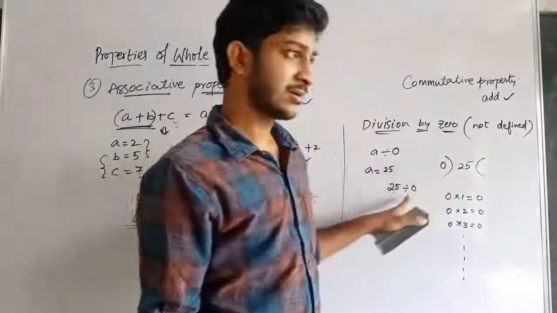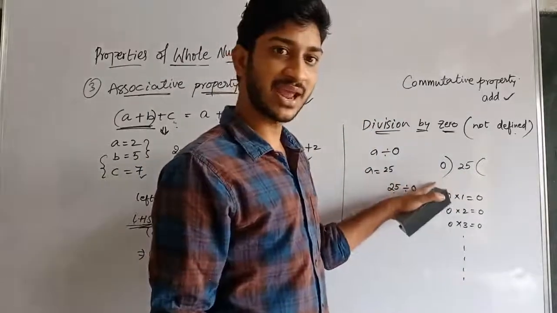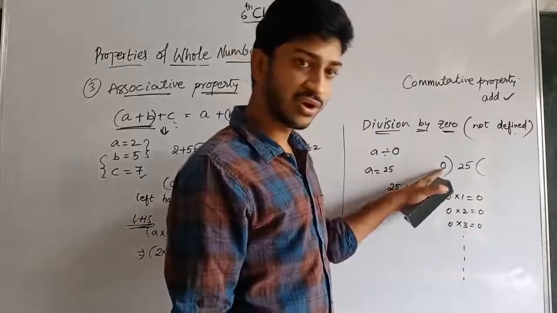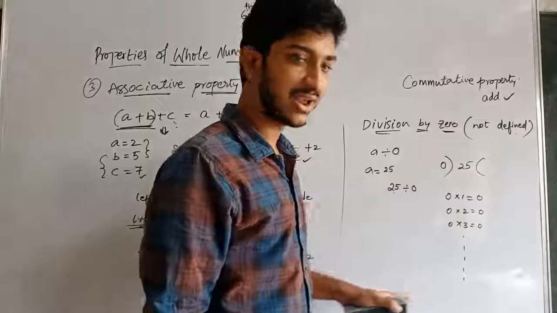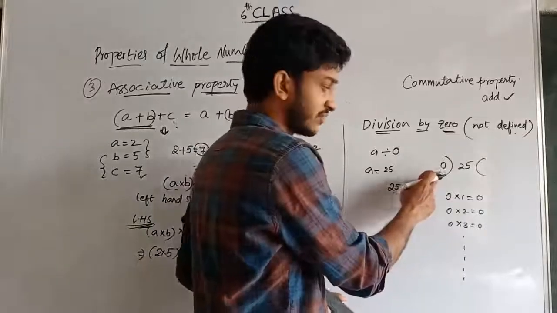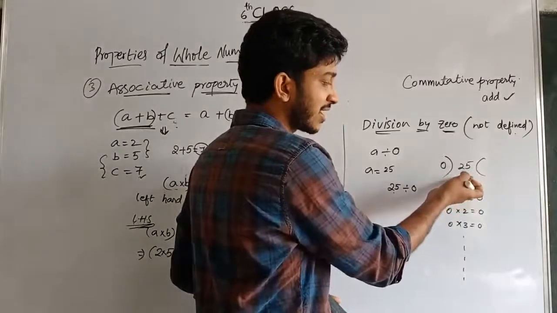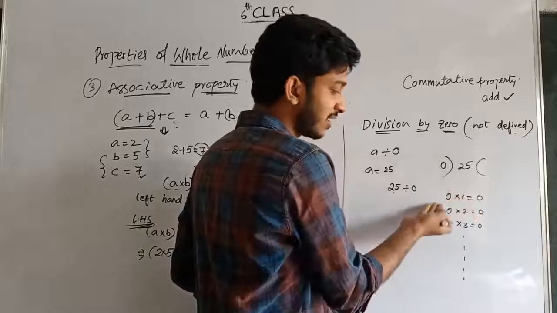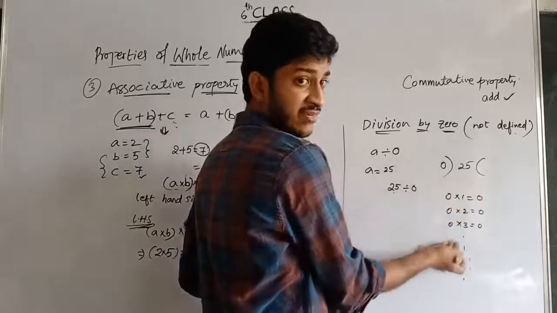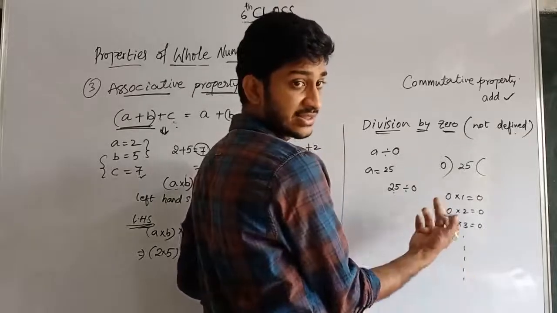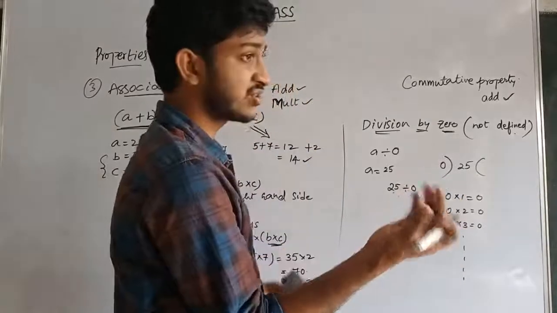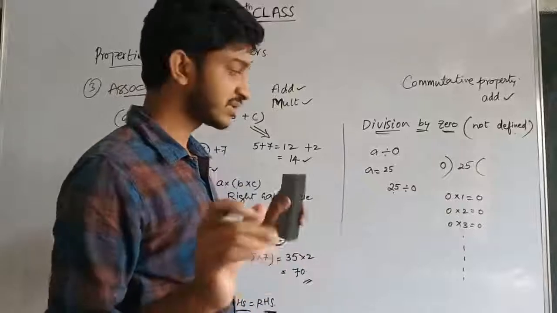See here, I am explaining an example. I am taking 0 on the left side here, means 0 is the divisor and 25 is the dividend. If you divide here, we can't take the next step. Means we can't get 25 or a value near 25 in the 0 table. In the 0 table all are zeros, so we didn't get anything. That's why division by 0 is not defined. Okay, remember that.